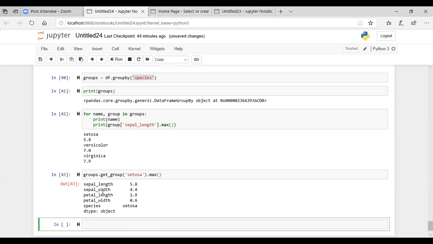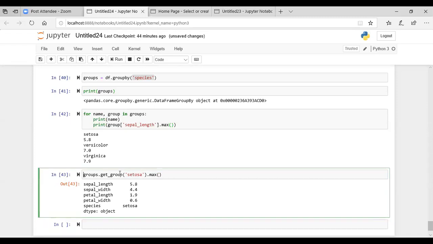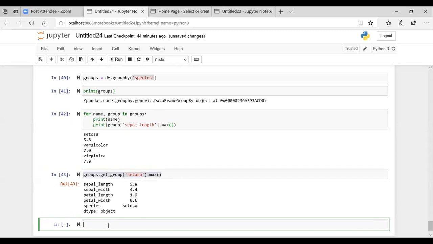But let's say instead of all these, you are interested only in some specific column, not all the columns, then you have to mention the name of the columns. So let's say if I want to find out the maximum of only the petal length from that Setosa group, here you'll be mentioning petal length.